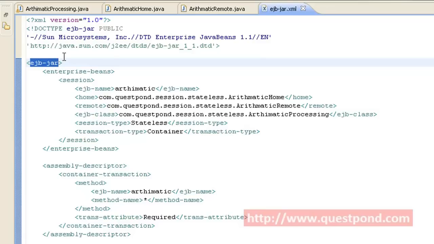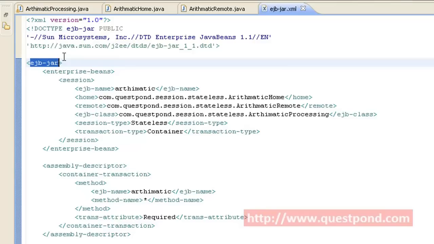Each session tag consists of EJB name, a name or an intermediate name given to that particular EJB. Home refers to the home interface of this EJB. Remote refers to the remote interface of this EJB. And EJB class refers to the actual bean class, which contains the business logic.